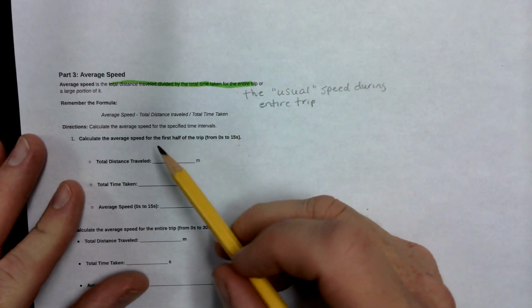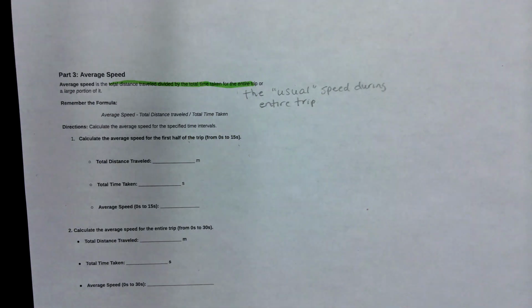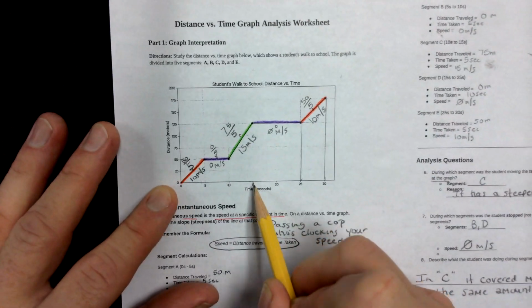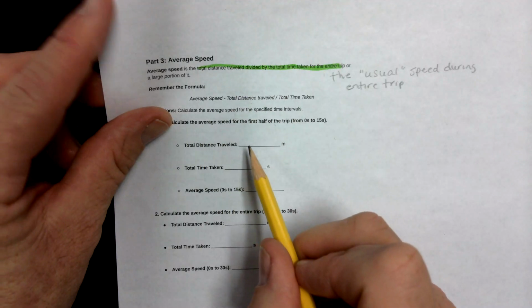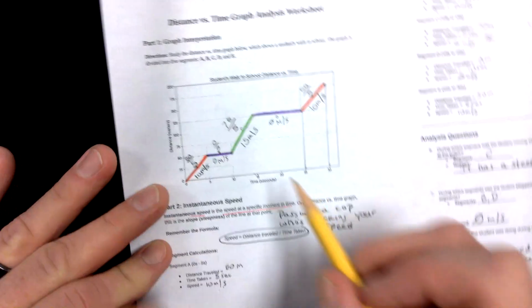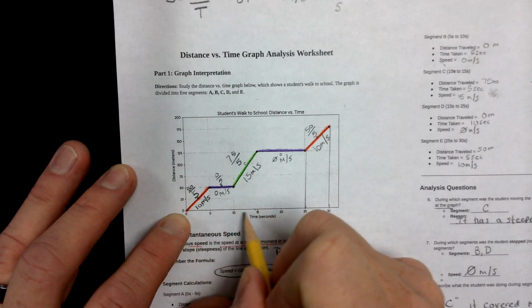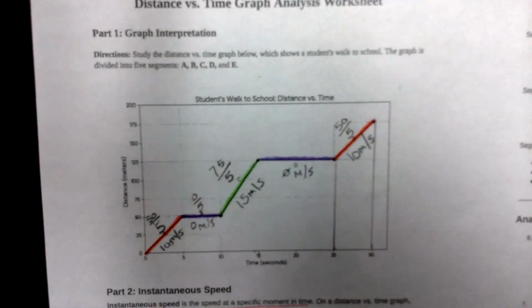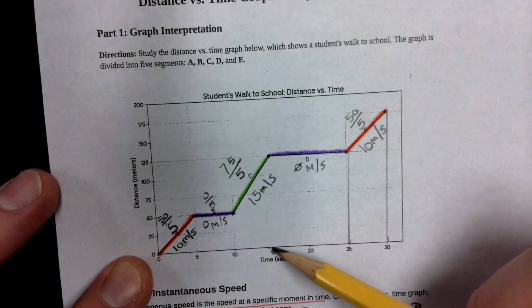So it says to calculate the average speed for the first half of the trip, meaning on the front. So what it wants to know is from 0 to 15 seconds, what was the usual speed, or what was the average speed? So in order to do that, I'm flipping back again, we need to know first of all the total distance traveled. Well, the total distance traveled when we started was at 0, and at 15 seconds, it was 125 meters. I'm going to zoom in so you can see that a little bit better. So the total distance we traveled from 0 to 15 seconds was